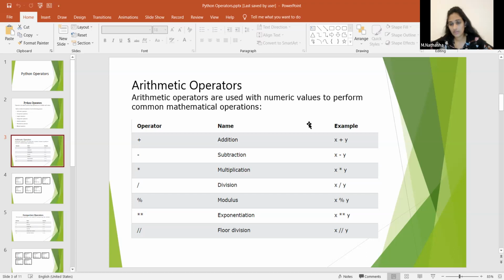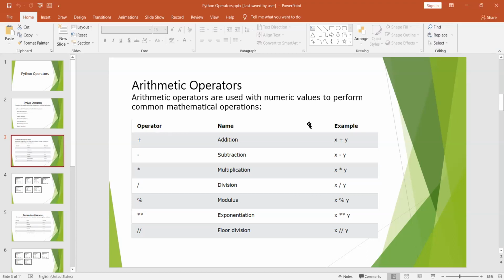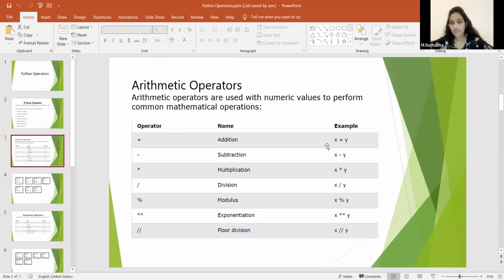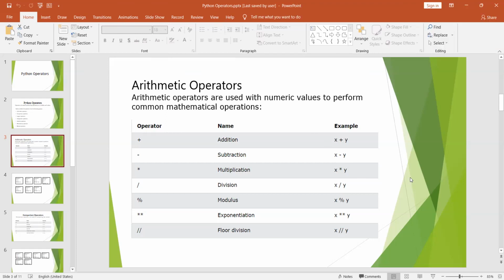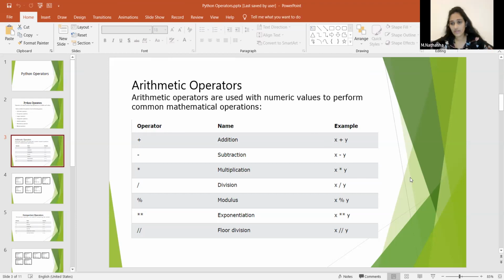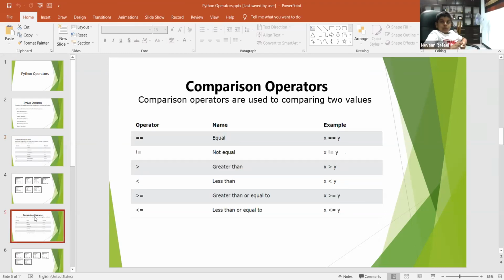Just divide 5 by 2. This is not 2 times 5, and not an exponent. Just divide 5 by 2. Means how many 2s are there in 5?